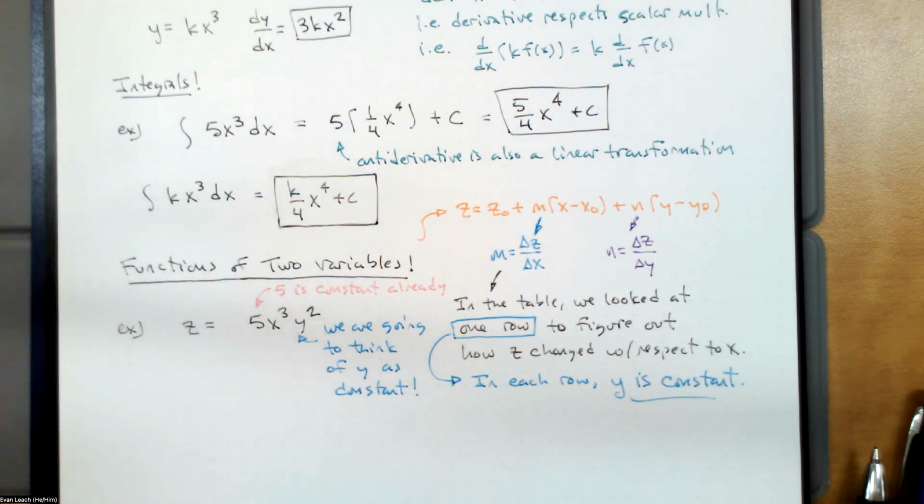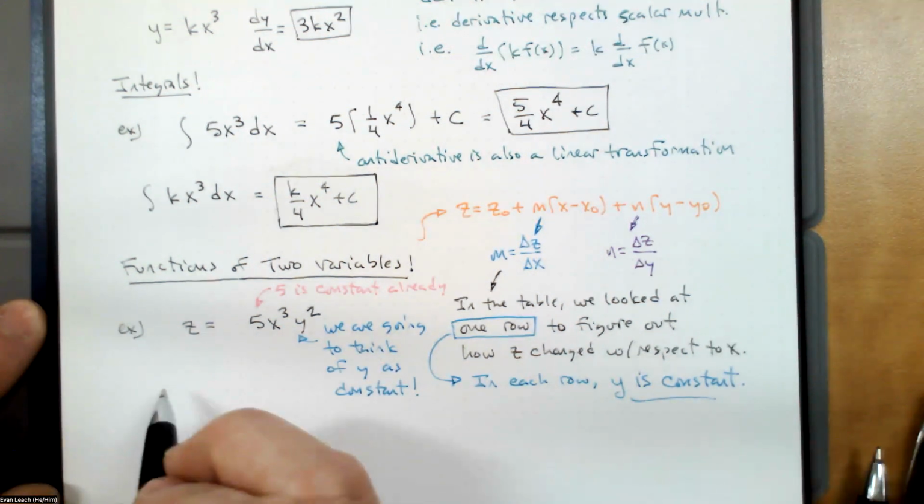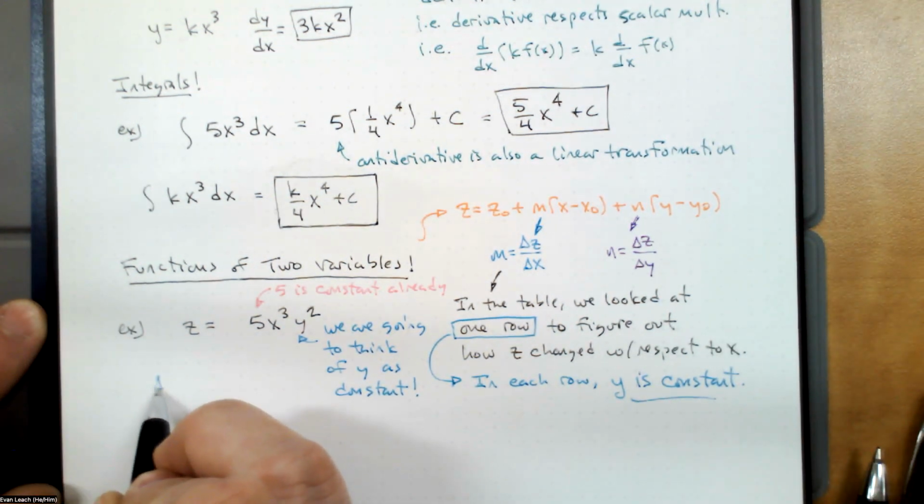We're going to think of y as constant. We're going to imagine trying to find dz dx along each row of y. Y is always fixed. I want to know how z changes with respect to x. With that in mind, and without knowing anything other than that,